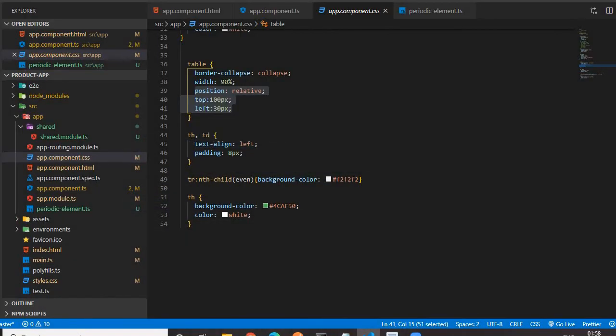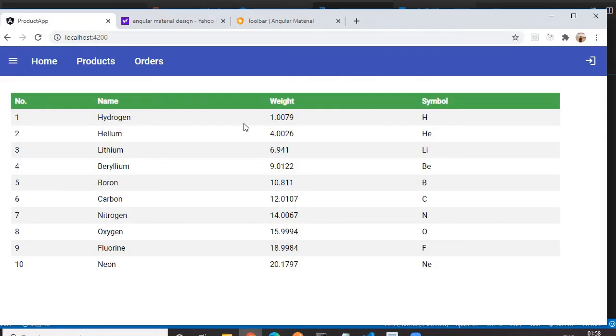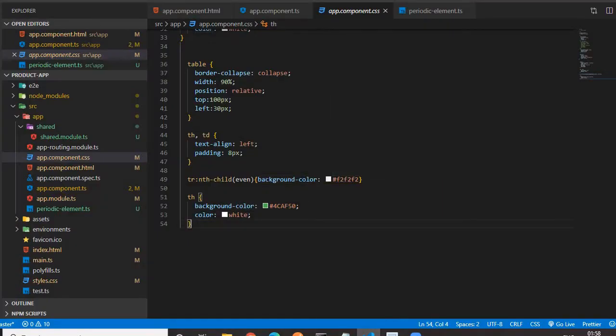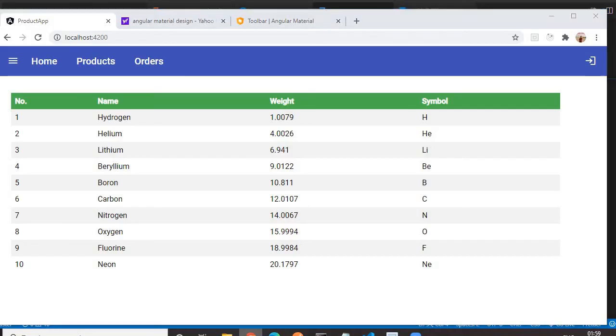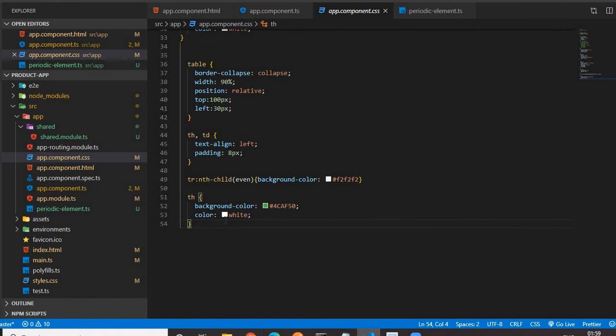Then for th and td we have given text align, and padding. For tr with nth-child even we have given a gray background color, so all the even rows are displayed in gray. All kinds of CSS we have already covered, so you are already aware of this and there is no need to cover it again. Those who are not aware of this, please go through my CSS videos. I already uploaded a couple of videos on CSS3.